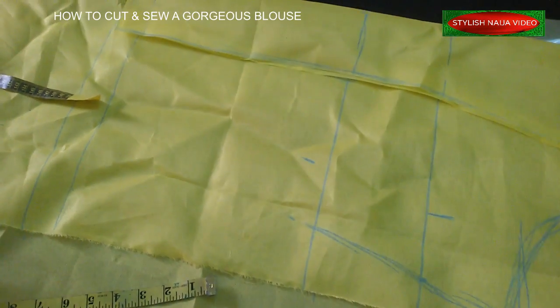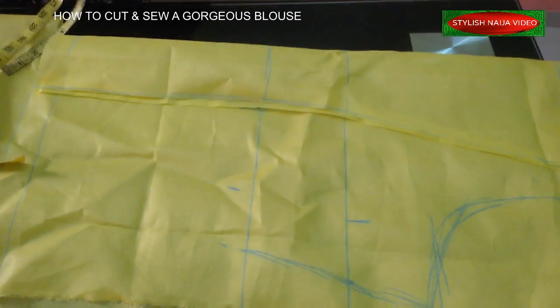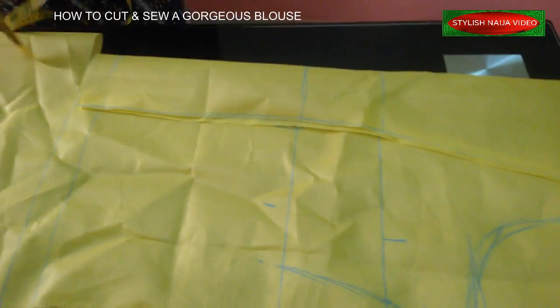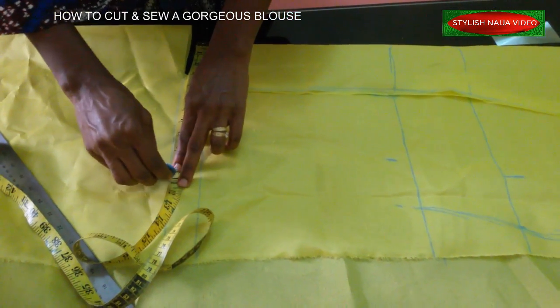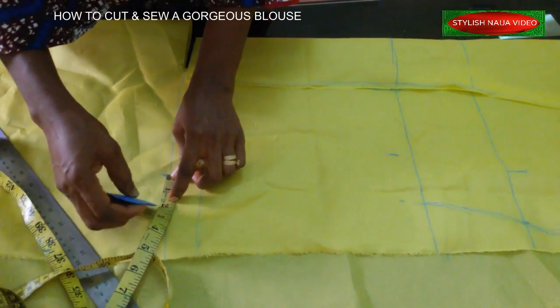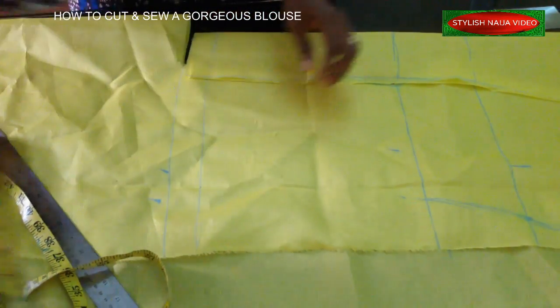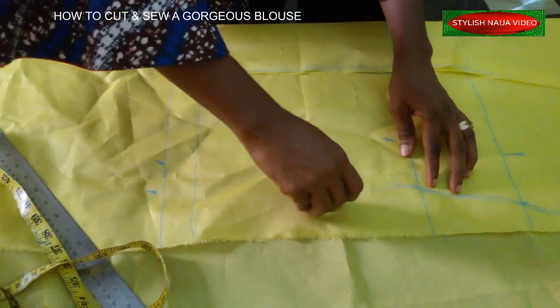So for the down part of my blouse, I actually measured her. What I measured her was 43. That's this down part. Since it is a traditional marriage blouse, so 43 divided by 4, I'll just make it 11 inches. Add 2 inches as my allowance. So here, when we get here,